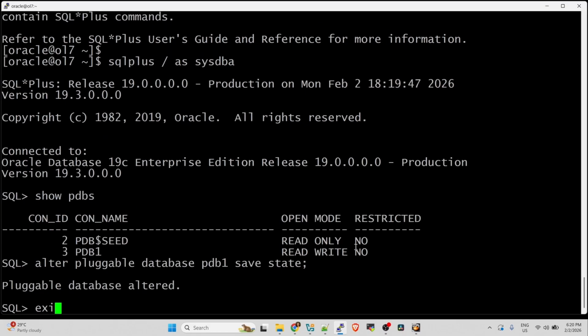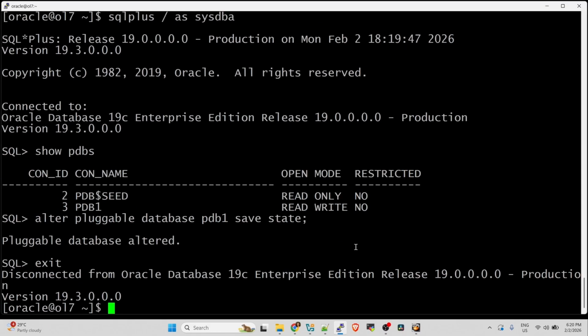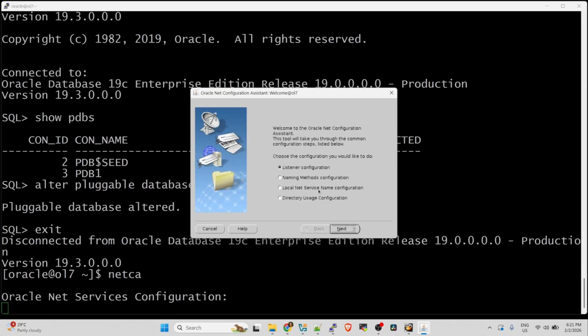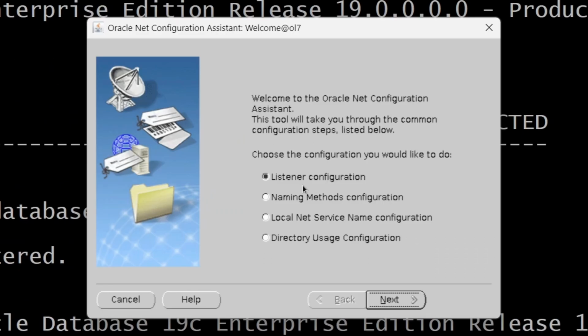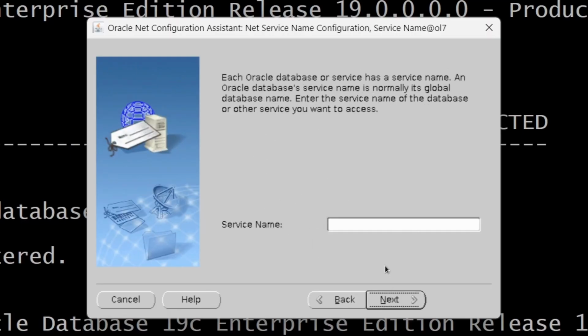Next thing we can do is set our TNS entries. For that one, we can use the net configuration assistant or the NetCA. We already configured our listener earlier when we created the database. So what we can do is naming methods, local net, service naming configuration, add.